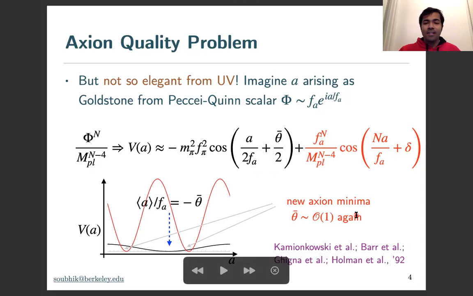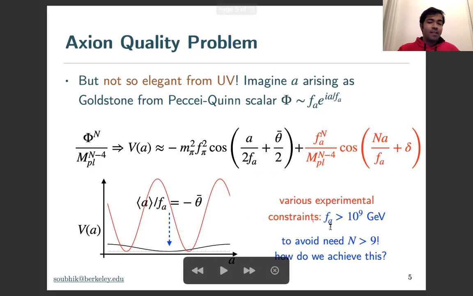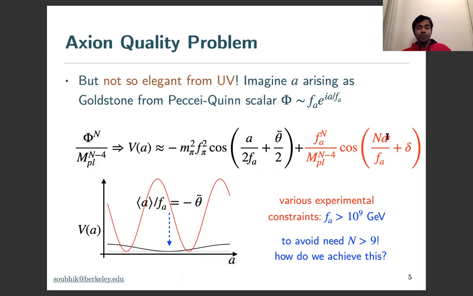So let's now ask how big these contributions can be. Of course, that depends on how big this parameter f_a can be. We can look at the data and various experimental and terrestrial constraints. They tell us that f_a has to be pretty big. Then we see that unless we forbid all operators of this type up to n of 9, these contributions would generally be there, and they would mess up the axion potential. So this is the statement of the axion quality problem.